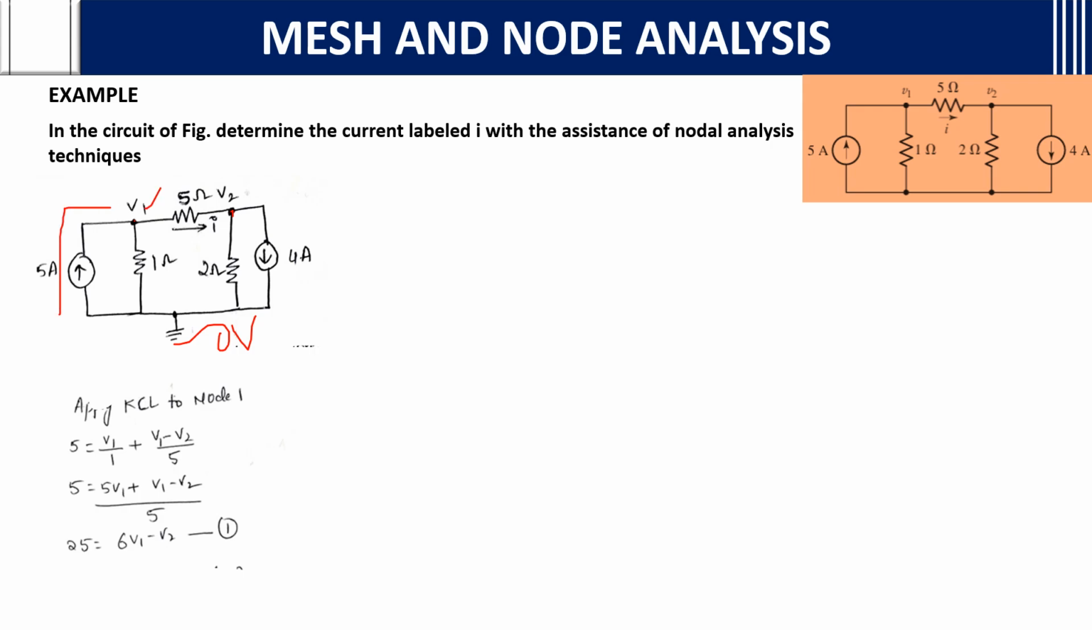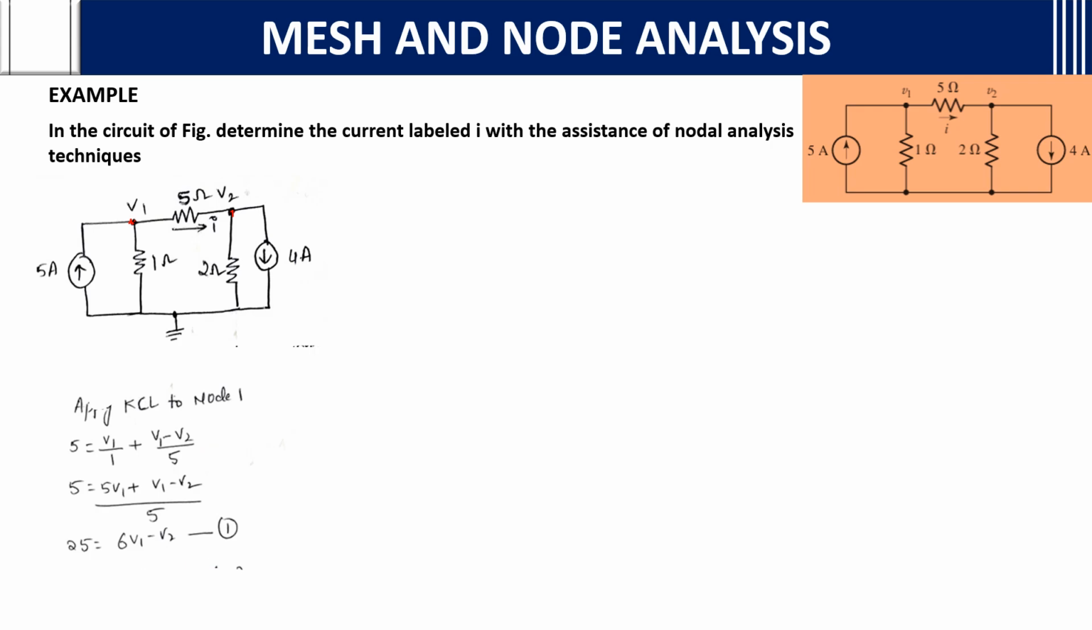As 5 amps is going towards the node, you take plus 5, that is equal to the outgoing currents, V1 by 1 ohm and (V1 minus V2) by 5 ohm. You will get 25 equals 6V1 minus V2. Now we will take